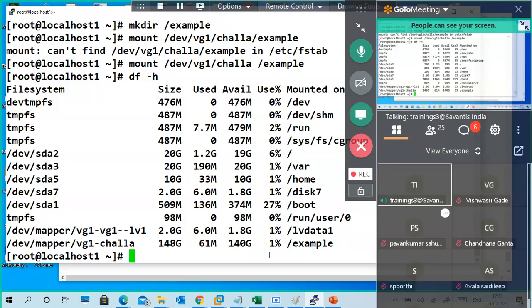In the morning we started disk partitioning. Now we completed LVM also. So very simple, right? Confusing also, sir. Everybody participated and told how to do it. You know what is the very good thing about this LVM disk partitioning?